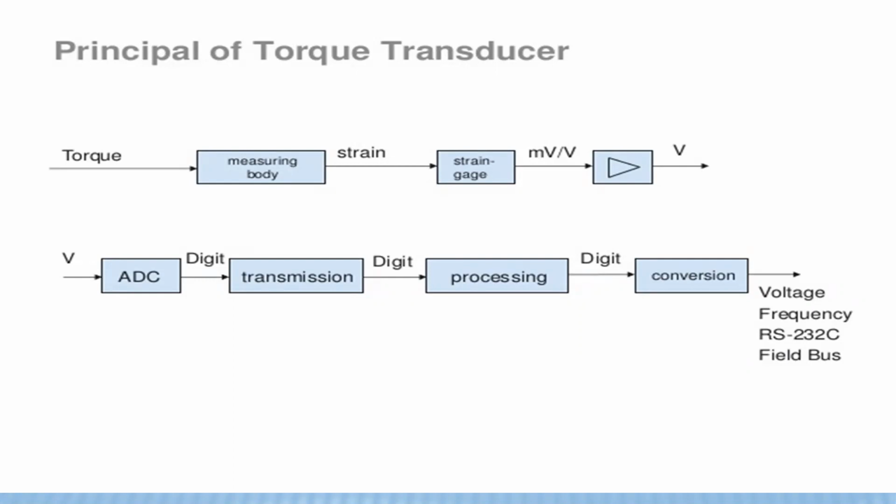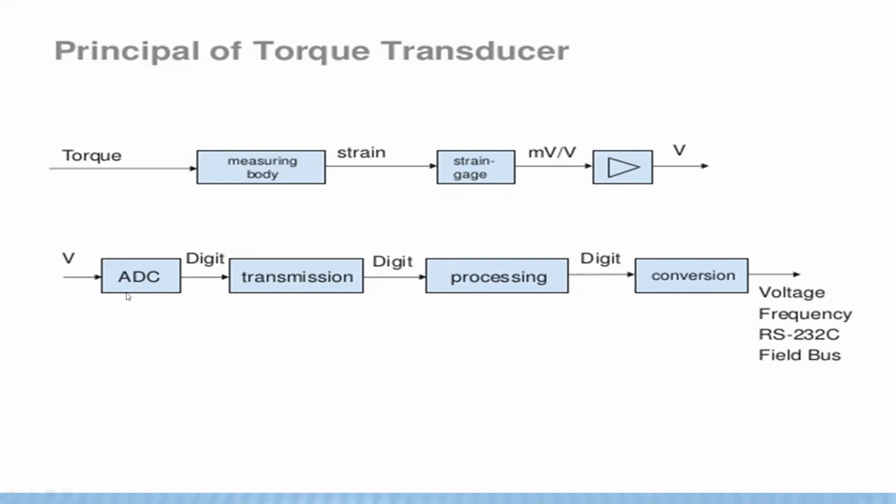So whenever we calculate the torque, first of all we take that measuring body, and we apply the strains on that body. Whenever we apply the strains, the volume of the body is changed, that is, we get the change in volume to the original volume. So we can calculate the voltage or resistance developed on that strain gauge. We can calculate the torque through that.